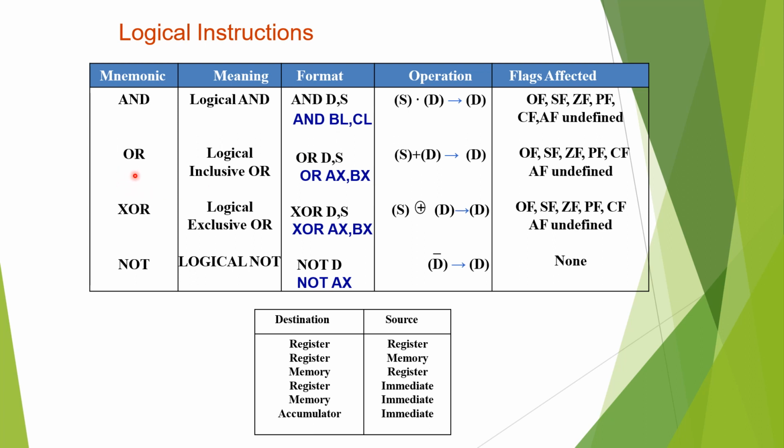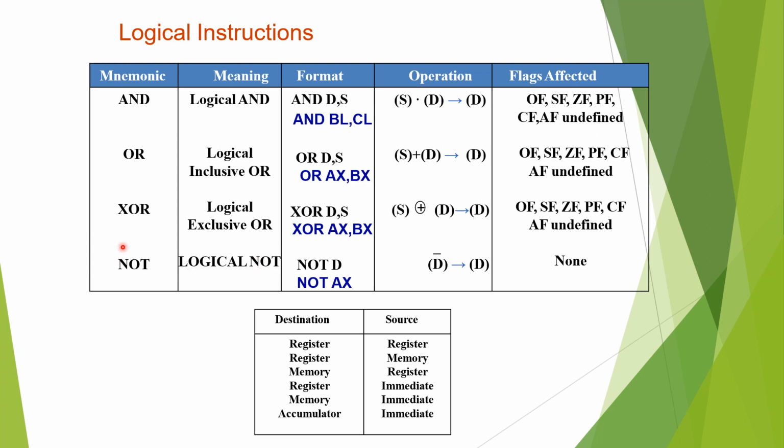The next logical instruction is OR. The format is OR D comma S. The content of the source and destination are logically added and the result is stored in the destination. Similar to the AND instruction, most of the conditional flags get affected upon executing this instruction. The example is OR AX comma BX. BX and AX are registers containing some data. Both are logically ORed, which means the bits are added in a bitwise manner,